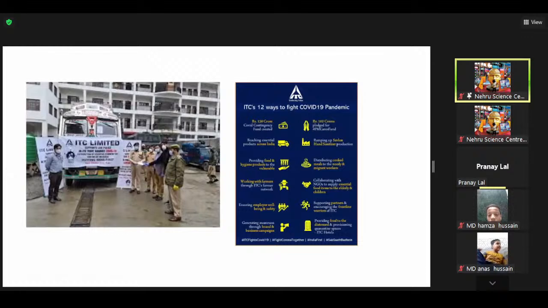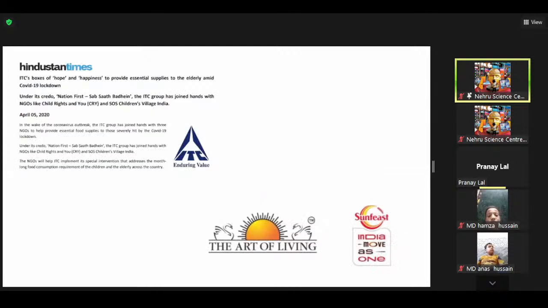Instead of saying we are distributing masks and making sanitizer, all that is nonsense. Their bottom line is making cigarettes while you are at home. Please continue smoking, we want to continue making profits. Now, they also distributed ITC boxes of hope with the ITC logo on it, and they participated with Art of Living